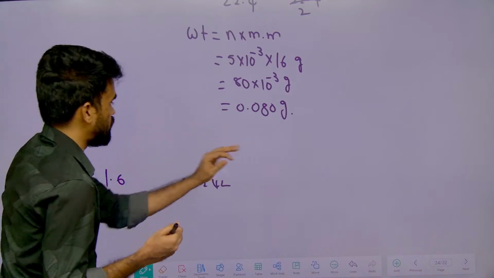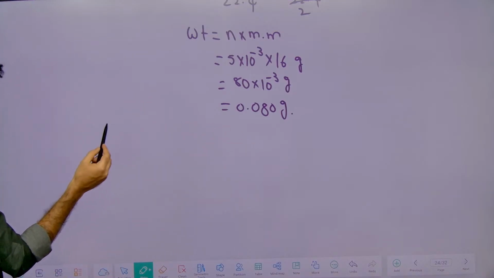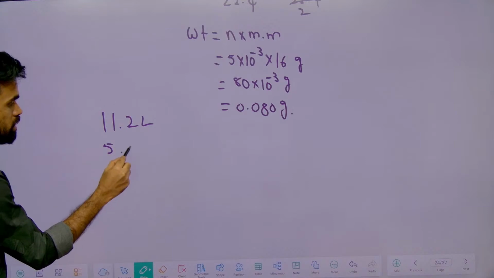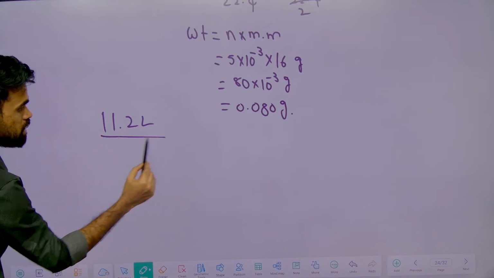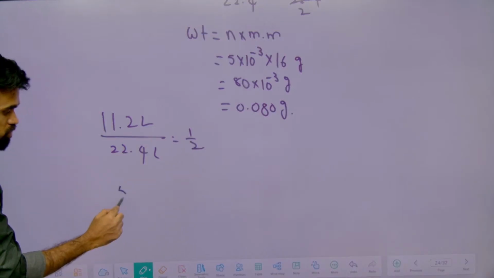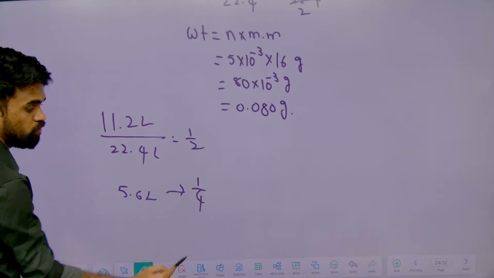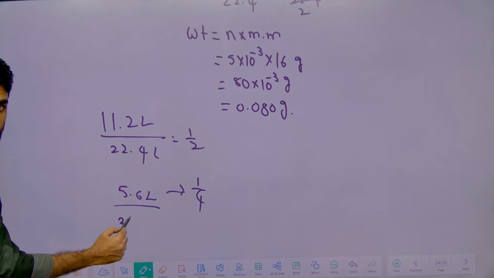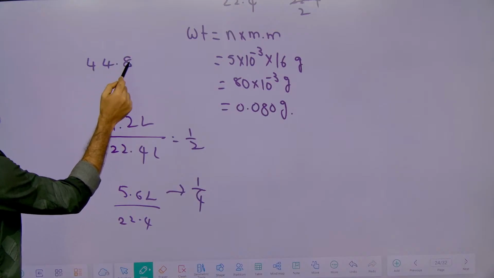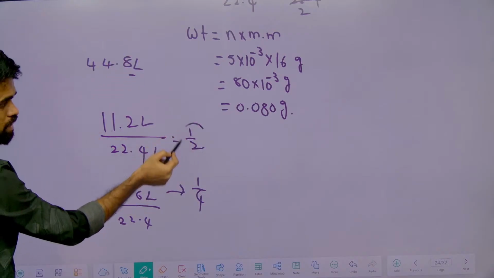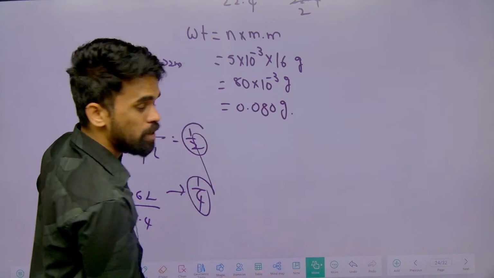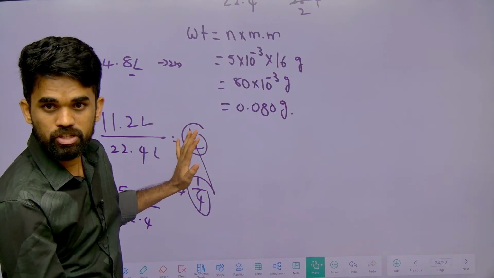Then next, you just remember these values now. Most of the cases you will see something like this. The question contains 11.2 liters, 5.6 liters. Okay, 11.2 liters is nothing but 11.2 by 22.4. How much? It is 1 by 2. Sometimes 5.6 liters. This is nothing but 1 by 4, and 5.6 by 22.4 is just the same, 1 by 4. Or otherwise they will give 44.8 liters. Just be clear with these values, that's it. So this is 2 moles. Okay, that's it. All this story is applicable only at NTP conditions. Okay, yeah. Next,